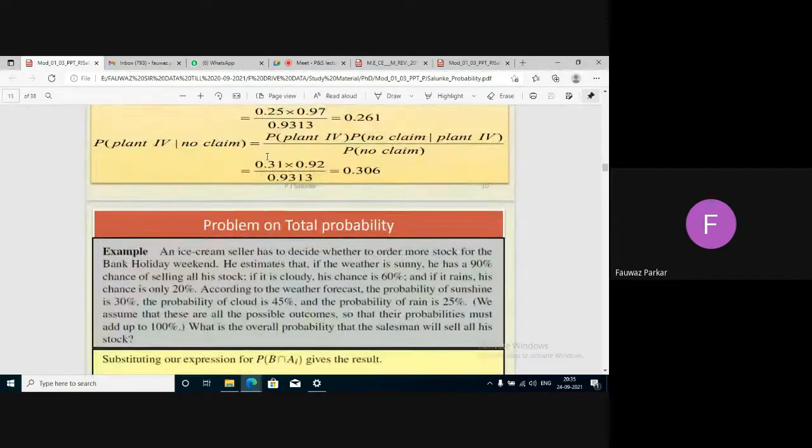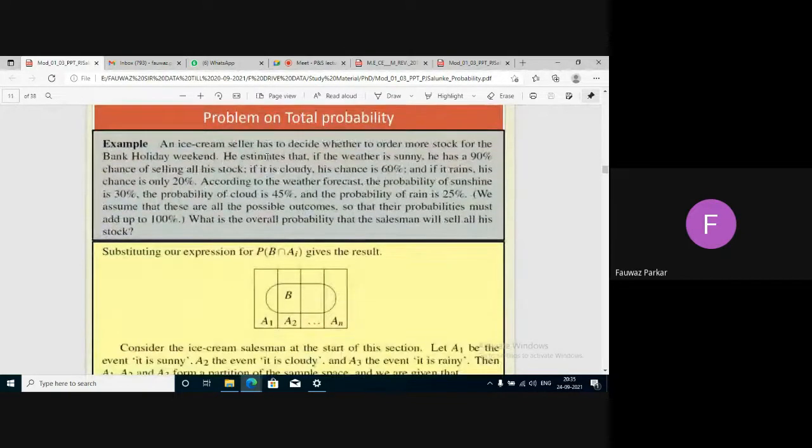Now another example, ice cream seller का example है, so this is also a very good example. An ice cream seller has to decide whether to order more stock for bank holiday weekend, ठीक है. Now this is true in case of, then you can relate it to an RMC mixer or RMC plant where